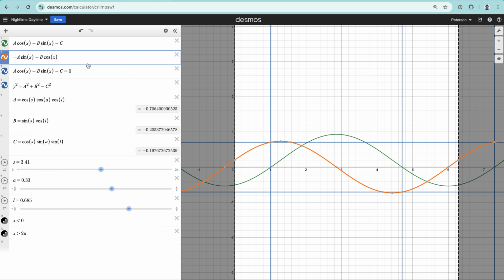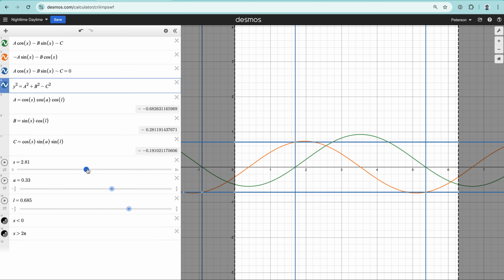And when you do that, you can use trig identities to make all of the trig disappear. Try it. It's very fun. It's fun algebra. Anyway, this is what you end up with. You end up with y squared equals a squared plus b squared minus c squared. And you can see as I adjust parameters,